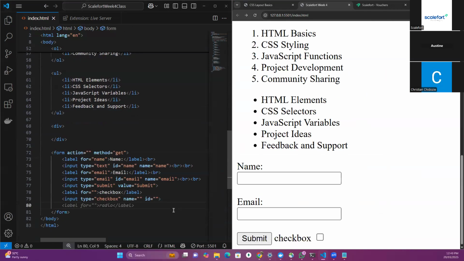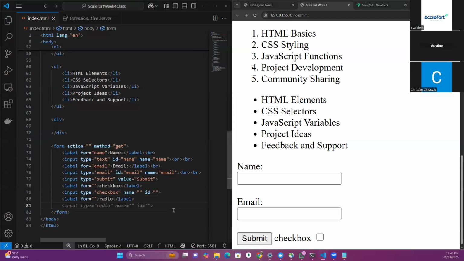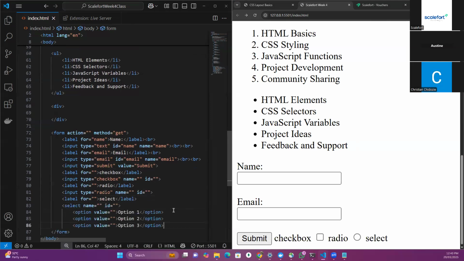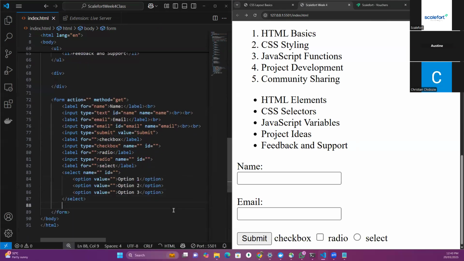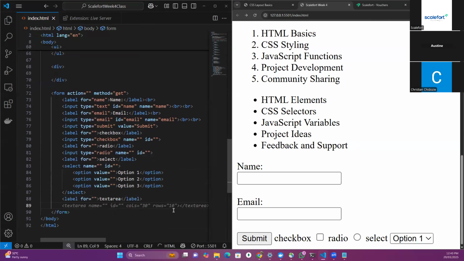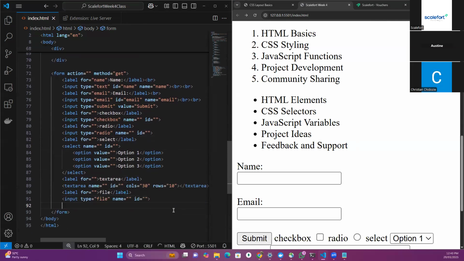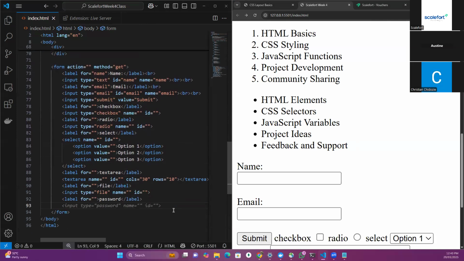Then we can put label for radio, input radio, label for select, input for select, label for text area, input for text area, label for file. So I'm just putting all the different options so that we'll see. Label for password, input password,